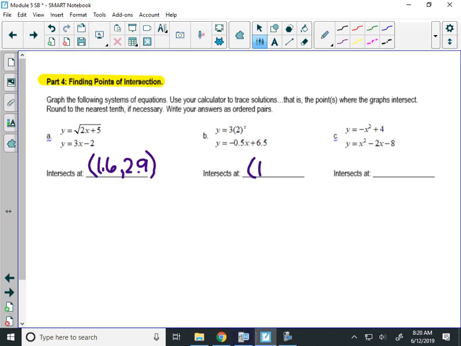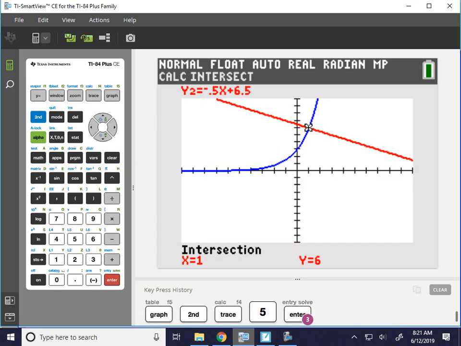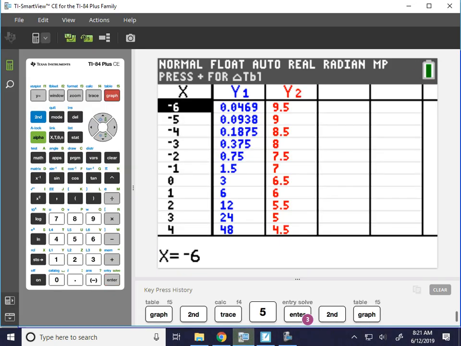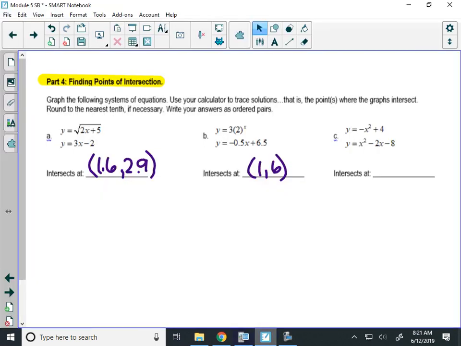Now, if you wanted to check this, since those are whole numbers, those will be in your table. So if you went to the table, notice that x equals 1 down here. I have the same output of 6, which is showing you that that's where they intersect. They have the same output value, so that's the solution. All right, last one,